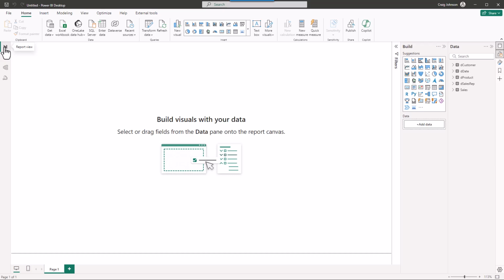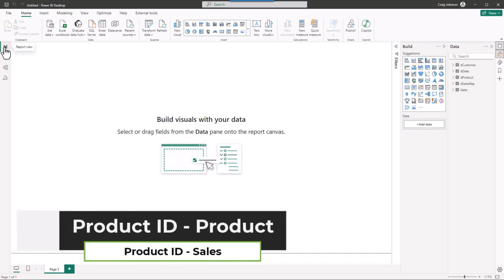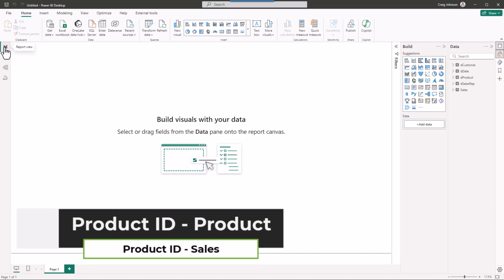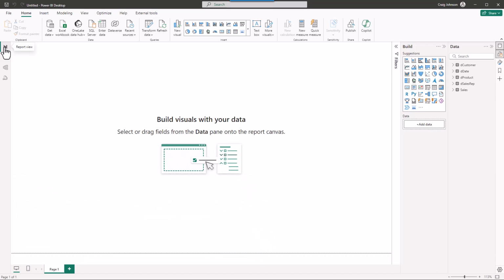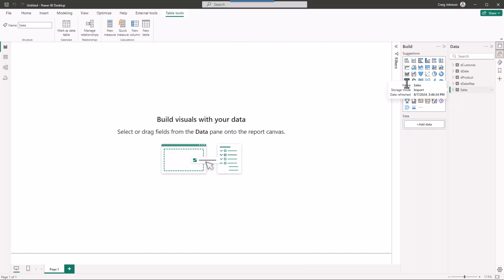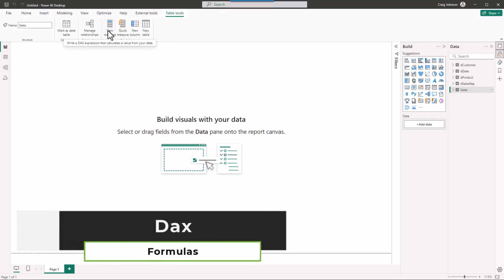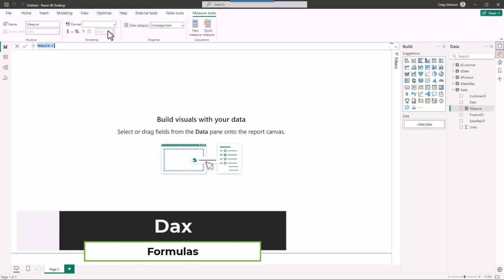And one of the things that you're going to do with Power BI is you're going to build reports, and you're going to build those reports based on DAX formulas. And for those DAX formulas, you need to have a model. If you don't build out your relationship model, you will have errors in your formulas, and then you'll have the wrong data. So for example, if we go to the sales table and we create a new measure,